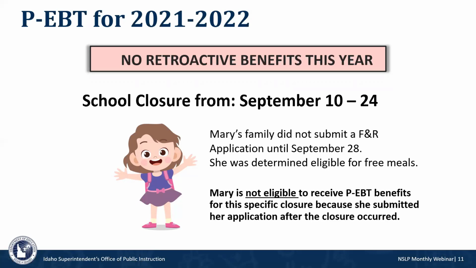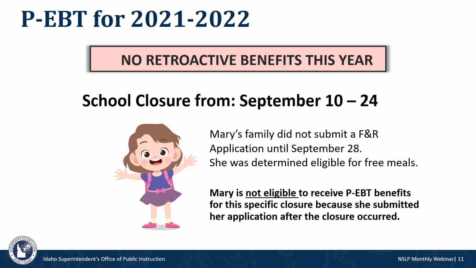All right, so in our last webinar, I know we briefly discussed PEBT and that we are going forward with summer PEBT, school year 21-22 PEBT, more details to come on that in the future. But one of the things I really want to address is regarding free and reduced applications. Last year, benefits were allowed to be issued retroactively. So if you had a parent fill out a free and reduced application May 15th, they would then receive benefits from before that date in the school year due to school closures or virtual learning environment.